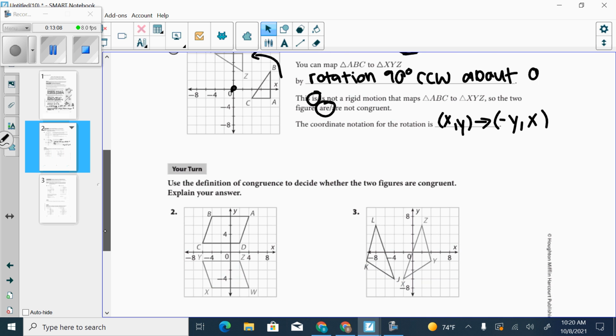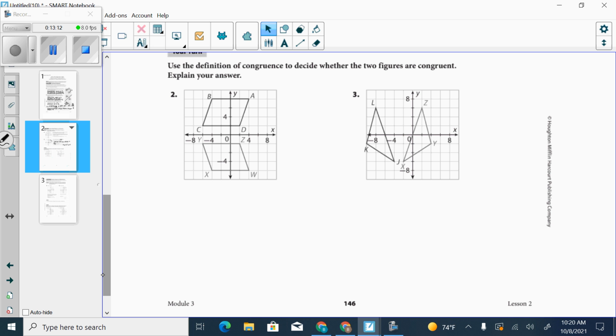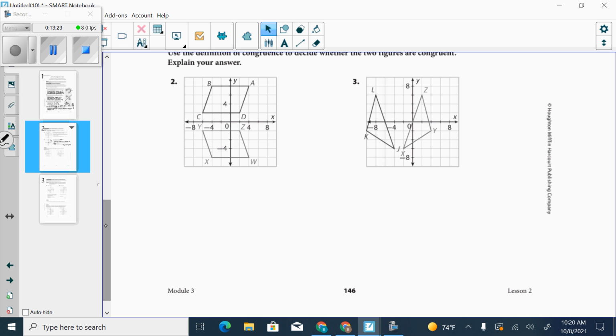Exact same thing on these two right here. They want us to make statements like what we just filled in the blanks for. It says use the definition of congruence to decide whether the two figures are congruent. On number 2, are we thinking they look congruent? Then by what transformation could we prove that? So we could say ABCD can be mapped